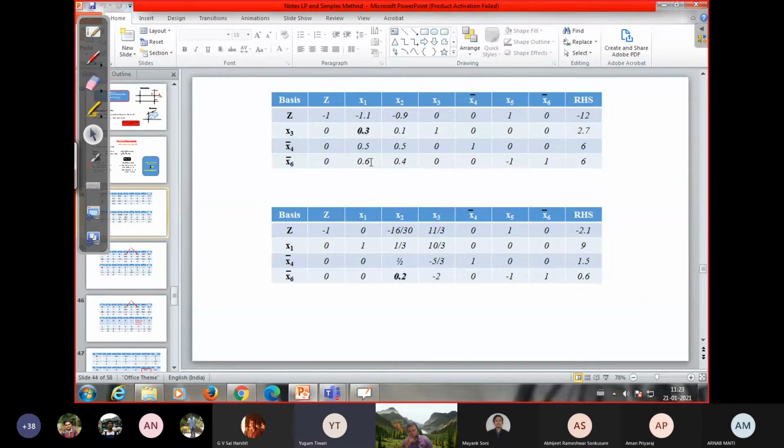Okay. So what is the value of x1 and x2 in this table? So 1.1, minus 1.1, minus 0.9. Are those the values of x1 and x2? So we are putting those values. Is it the value of x1 and x2 or coefficients? Oh, sorry. What is the value of x1 and x2? I don't know. They are non-basic. So what would be their values?